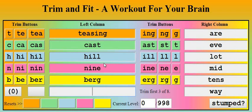Okay, I'm going to give you an example here just to kind of make it clear. Let's take the word teasing, right here, the first word. We're going to trim, T-E-A, click that trim button there, and that takes T-E-A off the front of teasing, and it leaves us with S-I-N-G, which just so happens to be a word, but normally that won't be a valid word. And then we'll take way down here,